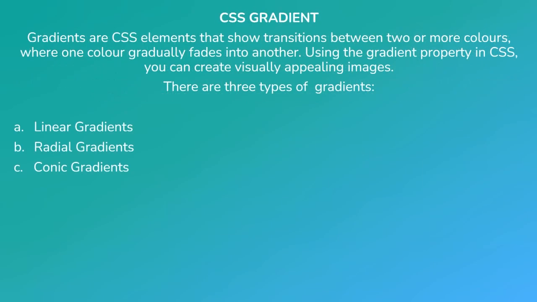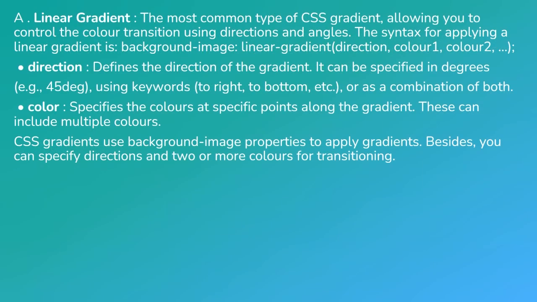CSS gradient. Gradients are CSS elements that show transitions between two or more colors, where one color gradually fades into another. Using the gradient property in CSS, you can create visually appealing images. There are three types of gradients: A. Linear gradients, B. Radial gradients, C. Conic gradients. A. Linear gradient, the most common type of CSS gradient, allowing you to control the color transition using